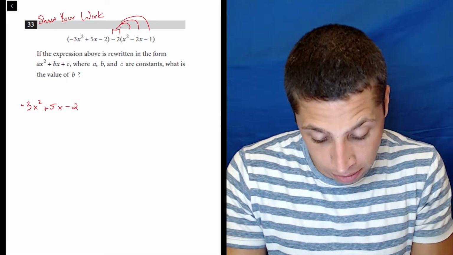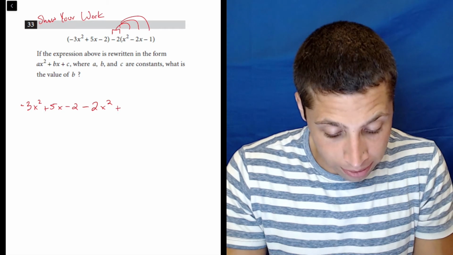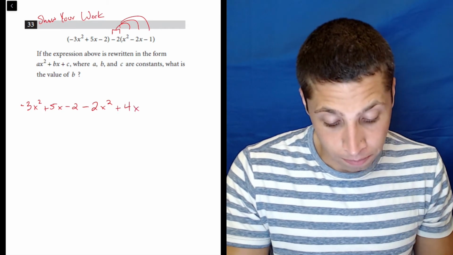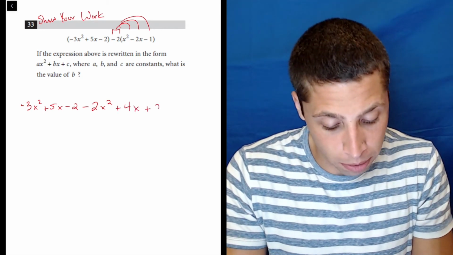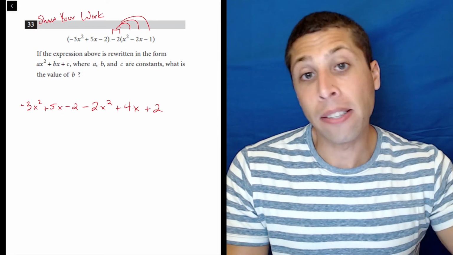So the first part is going to be -2x squared. -2 times -2x is plus 4x. And then -2 times -1 is plus 2. And now that that's all written out, I can move on to the next piece of this, which is to